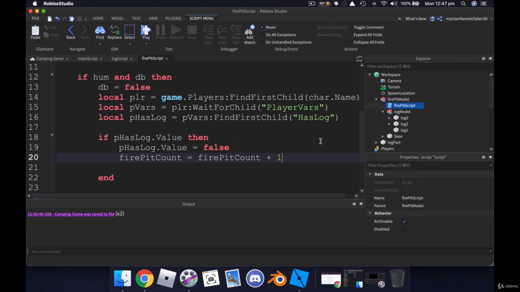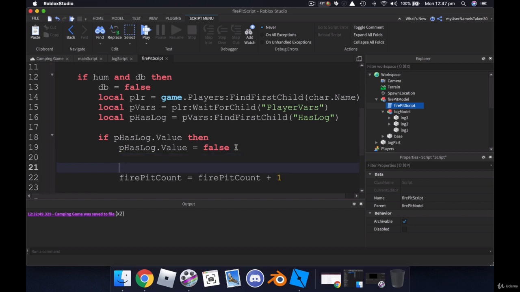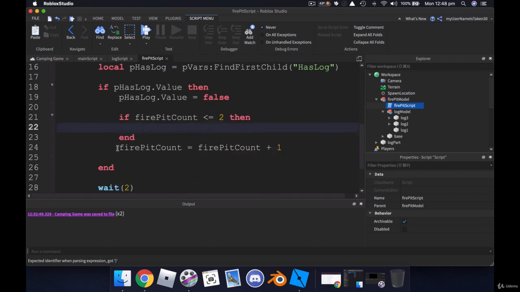Now there's a couple of other checks we should put in here, because remember, the player should only collect 3 logs. So what if they collect a log and then they run off and they get another one, they go to 4 logs? Well, we don't want this to happen if that's the case. So let's put in a conditional statement here that says if fire pit count is less than or equal to 2, then we will add 1